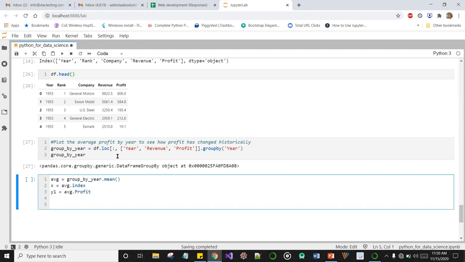Now let's define a function to plot the average profit per year.